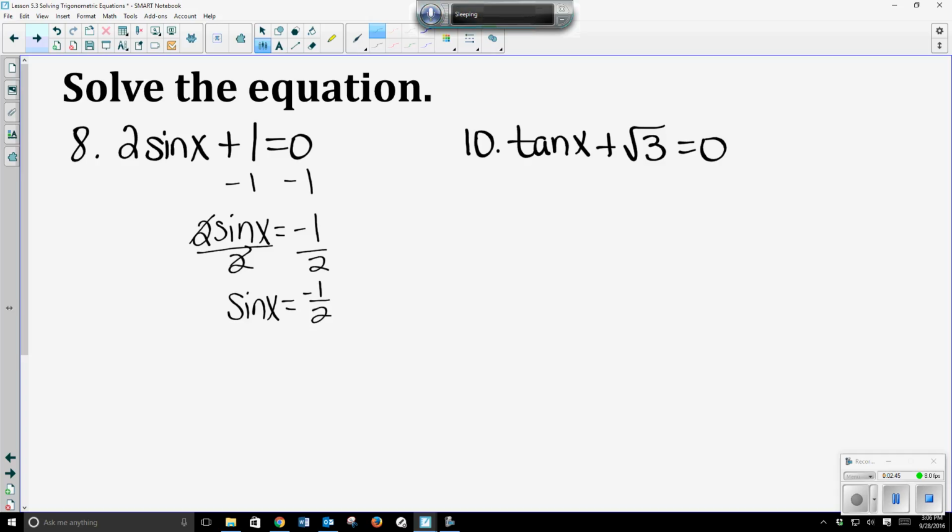I said isolate the variable. You can do x equals sine inverse of -1/2, or leave it the way it is and say that x is equal to wherever you have -1/2 for sine, which is at 7 pi over 6